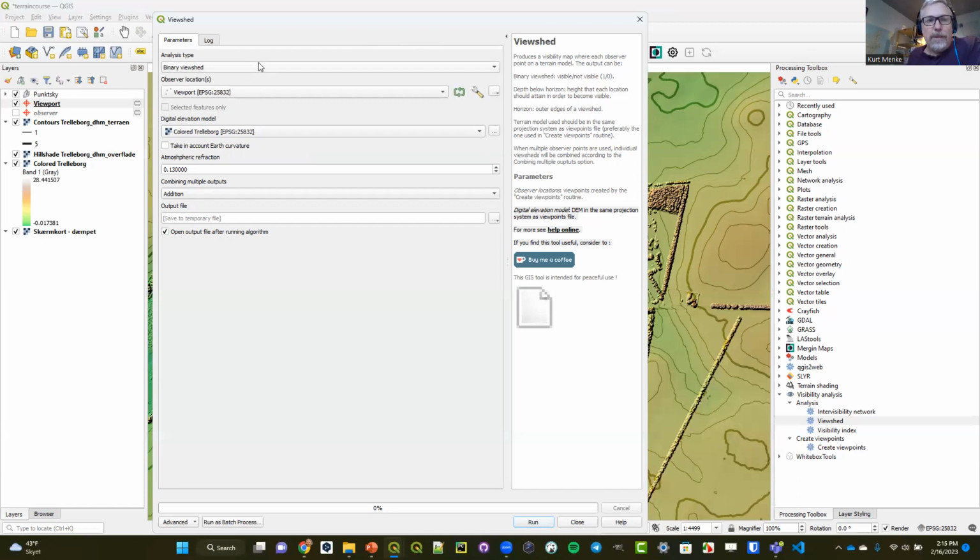It also has depth below horizon, which is going to create an output raster for the height that each location should attain in order to become visible if it's not. And then there's this horizon, which I don't really understand. Outer edges of a viewshed. I haven't used this, so I don't know what this setting does. But I'm just going to put it on the default binary viewshed